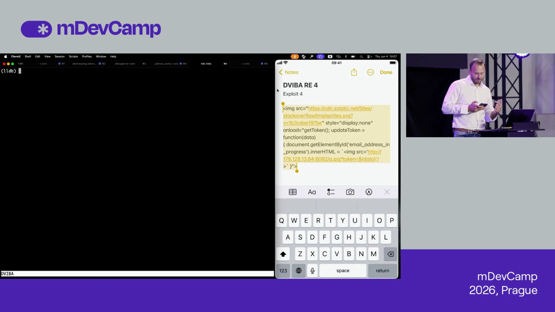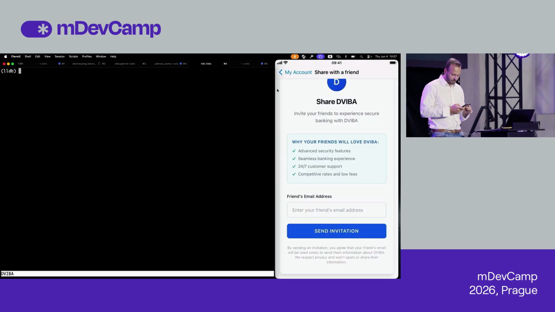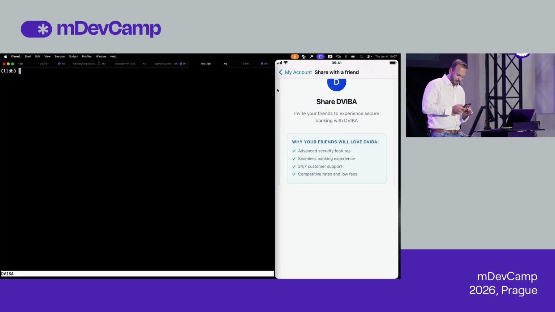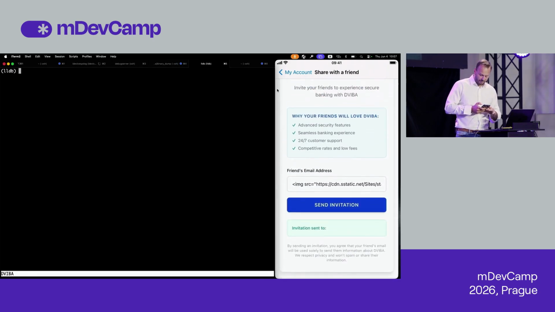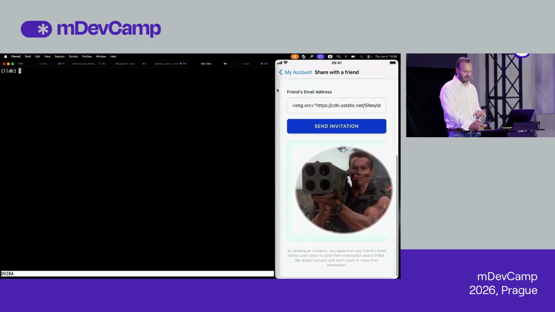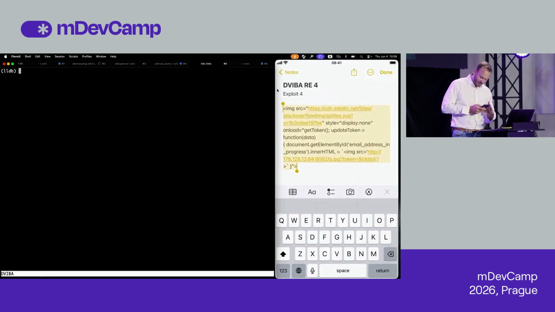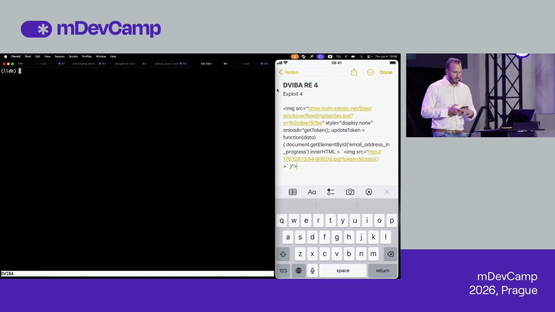What this does is that you have onload, which will call get token because the web view talks to the main app via IPC. And if I press it in, then we injected the image. And what's the most brilliant piece of this JavaScript is that I'm sending the token from the app via the image parameters, because you can't do anything. Like WKWebView is super secure. The thing is that